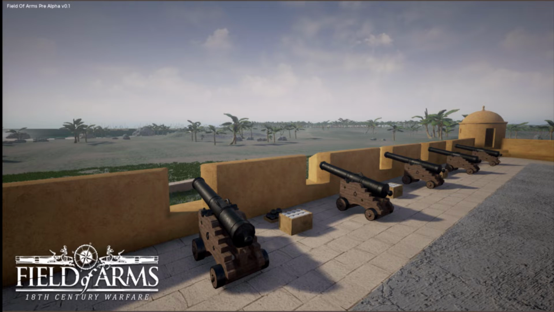For this purpose I will be using a collection of paintings by a renowned 18th century author, Dominic. Now Dominic painted this beautiful depiction of the capture of Havana in 1762 by British forces. This battle serves as a prime example of how sieges and especially amphibious operations were conducted in the Caribbean during